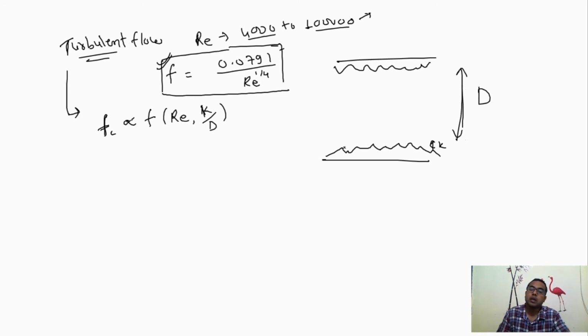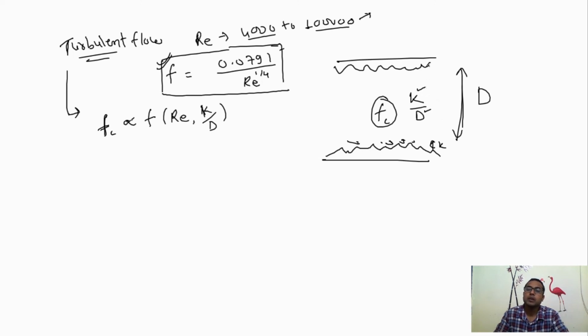Why is it important? Because if there is a very bad surface, what will happen? The flow will be turbulent, and you can see that eddy formation will take place here, and a lot of energy is lost just because of the frictional resistance to the flow. So for a high value of frictional resistance, we have a high value of coefficient of friction, and this depends upon the value of K, and also upon the diameter. Why diameter? Because it depends on how big K is as compared to that diameter.